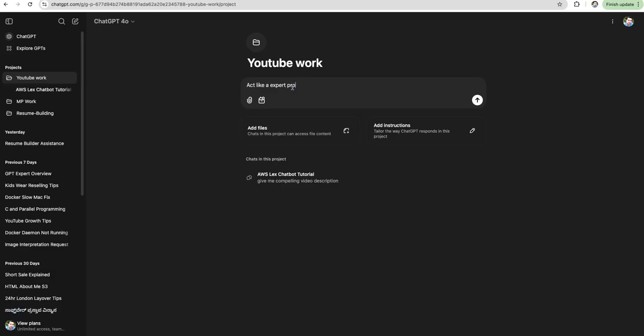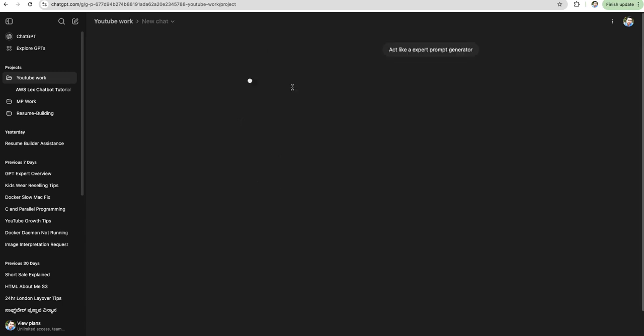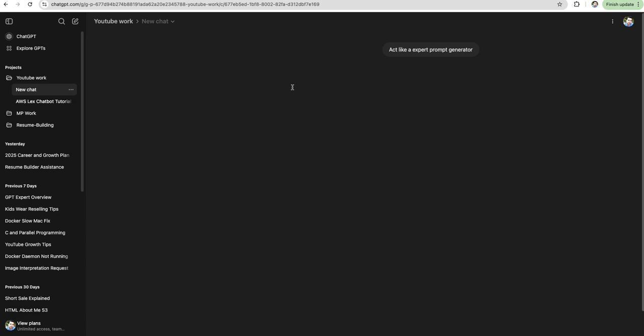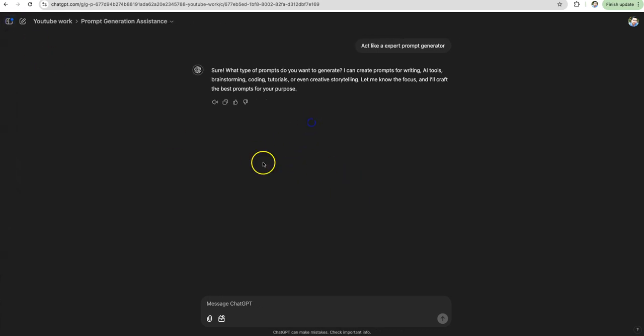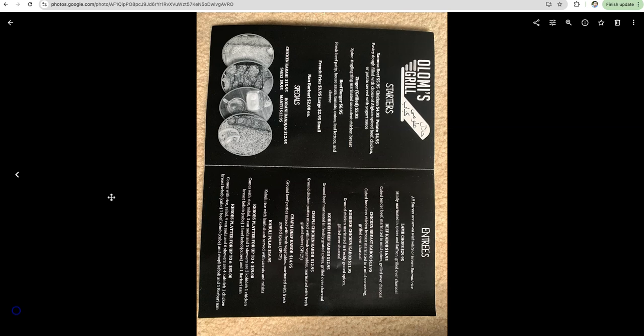To start, I'm going into ChatGPT and asking it to act like a prompt expert. So it is going to act like a prompt generator. This is what I'll be using to generate a prompt which I'll be using in my AI app building environment. To do that, first I'll have to gather the details for that particular restaurant. I do have the brochure for that restaurant, and I'm going to copy that content from there and put it in